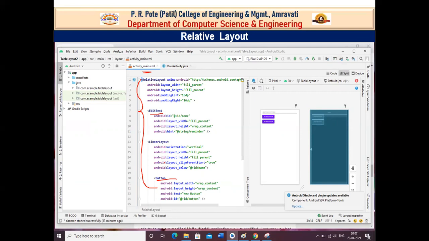Okay, so let's start designing our relative layout. First, we have the edit text. A unique identification is given to that text, that is @+id, and the unique identification ID is the name. After that, width and height, we are very familiar with these properties now. What is width, what is height, what is fill parent and wrap content, and so on. Now after that, here we specifically mention the orientation is vertical, because by default orientation is always horizontal.